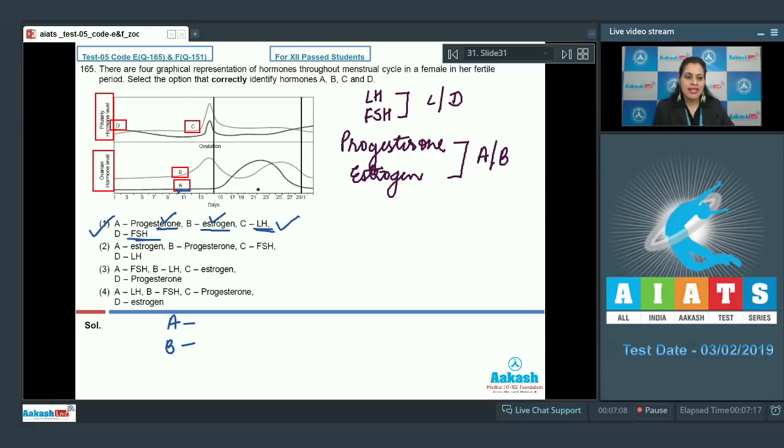Based on this, we can say that option number 2, in which A represents estrogen and B progesterone, is an incorrect option. And option number 3, in which A represents FSH and B represents LH, is also an incorrect option. And the last option, in which A represents LH and B represents FSH, is also an incorrect option. So just on the basis of identifying C and D as pituitary hormones, you can say the correct answer is option number 1. Furthermore, A represents progesterone,